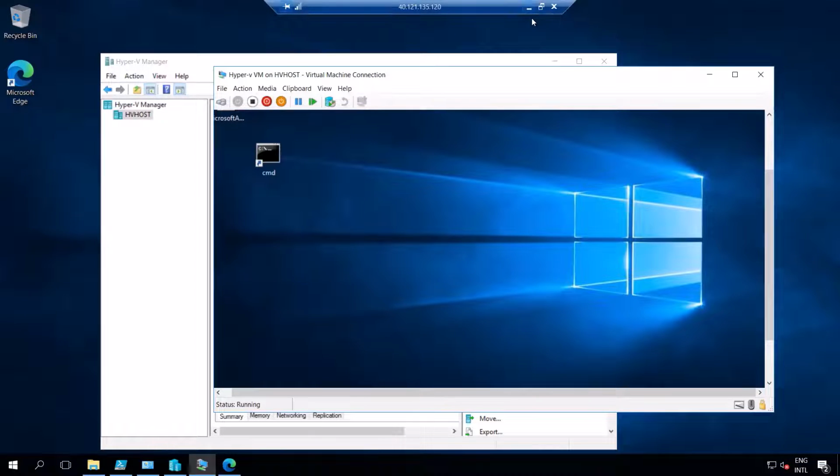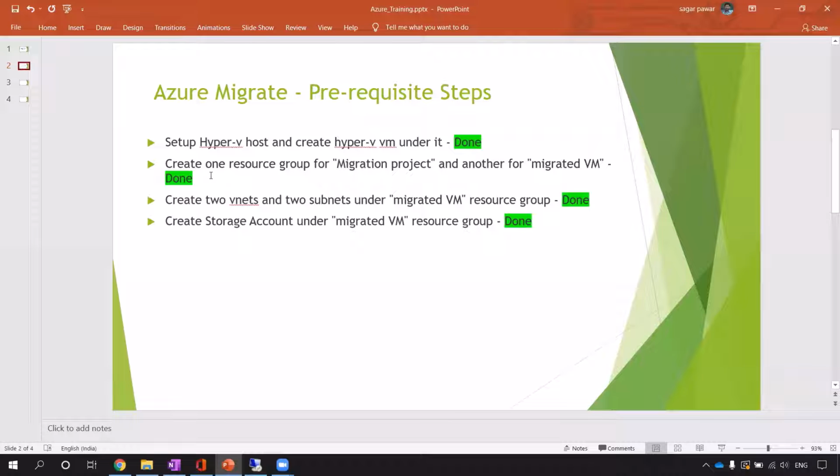The second step which I have done is to create a resource group. The requirement is that I created two separate resource groups, one for the migration project, and another one to copy the VMs when I start replication. Also, I created two VNets, and a subnet as well.